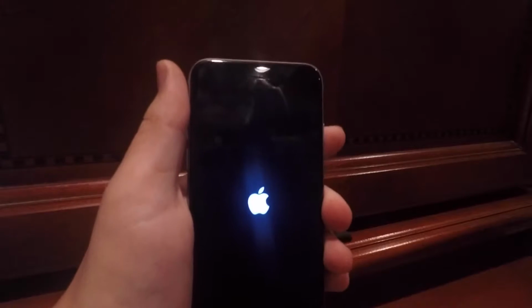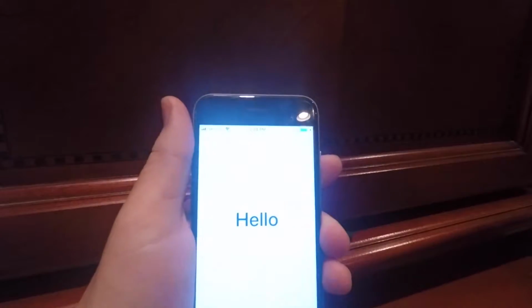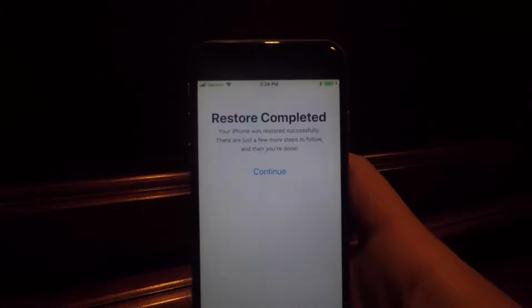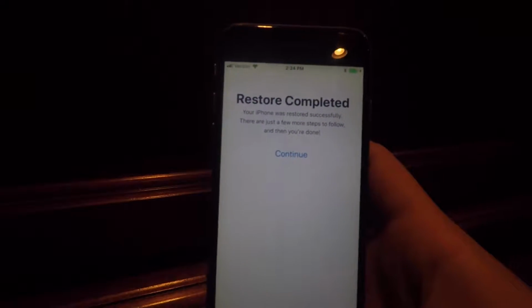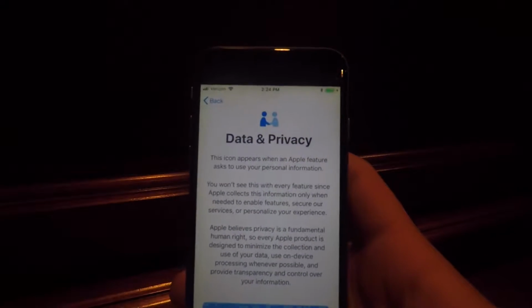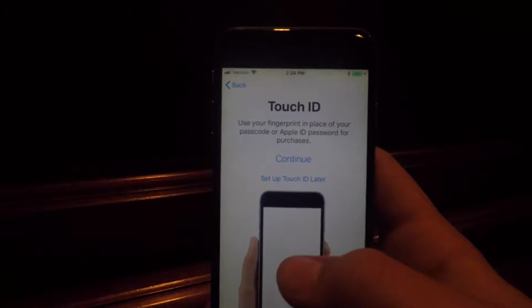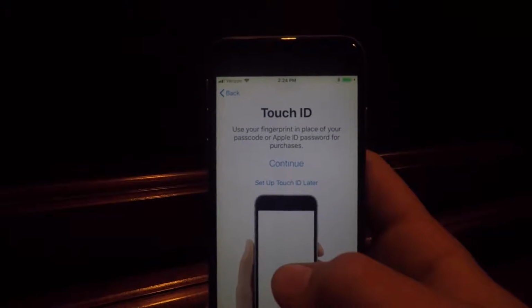Alright, so now we can see the iPhone is powering on here, and once it comes on, we should be back at this page. Now what you're going to do is go ahead and open it up. Restore completed. Your iPhone was restored successfully. There are just a few more steps to follow, and then you're done. Continue. There's going to be a few things to go through, your Touch ID and everything. And once you get through this here, you will be able to